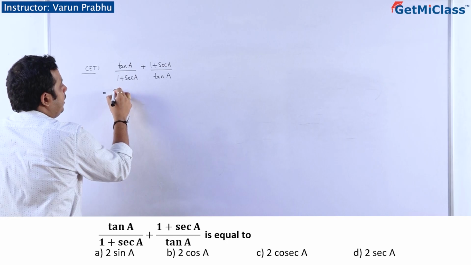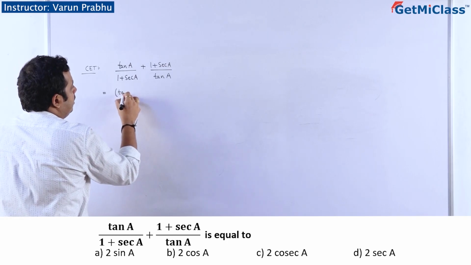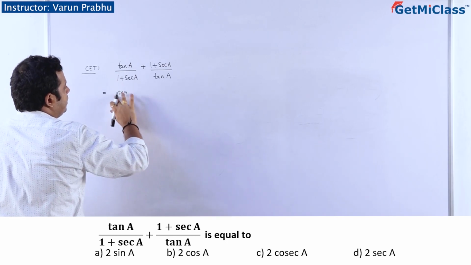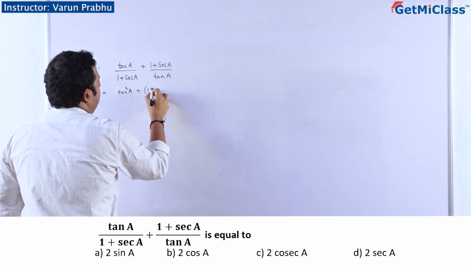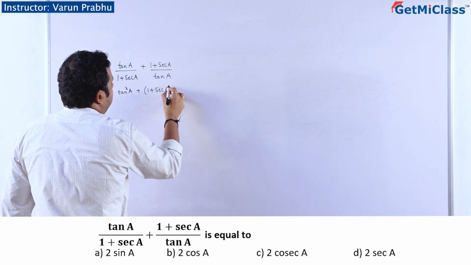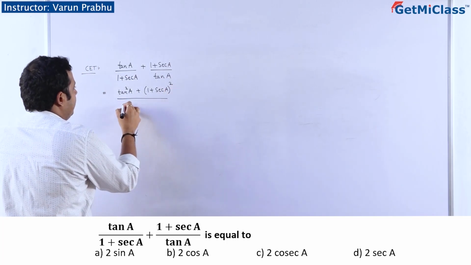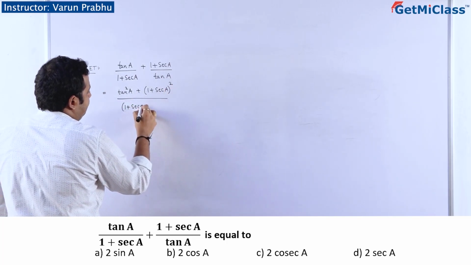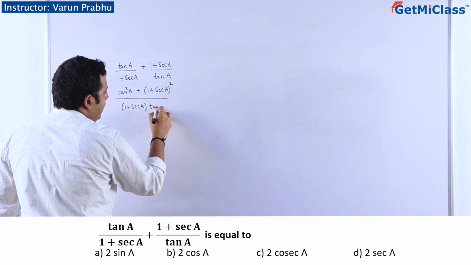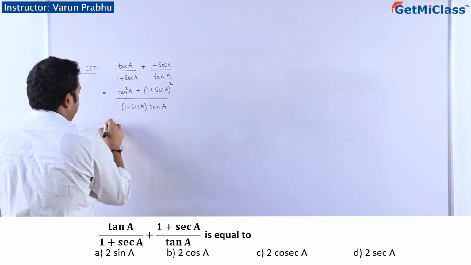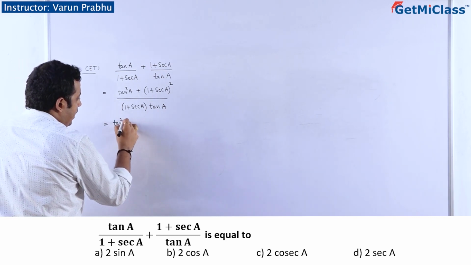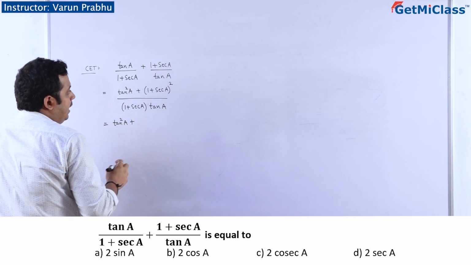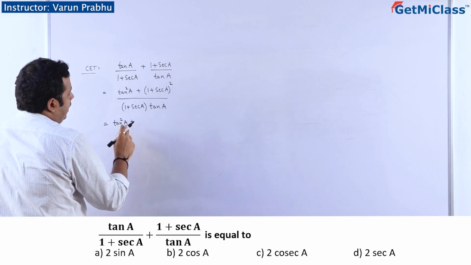So what to do? What we can do is we can take the LCM. So I can write this in the form like this, right? I can write this in the form tan A into tan A is tan squared A plus 1 plus secant A the whole square, whole divided by 1 plus secant A into tan A, 1 plus secant A into tan A. So what is this? We'll get tan squared A plus tan squared A can be,